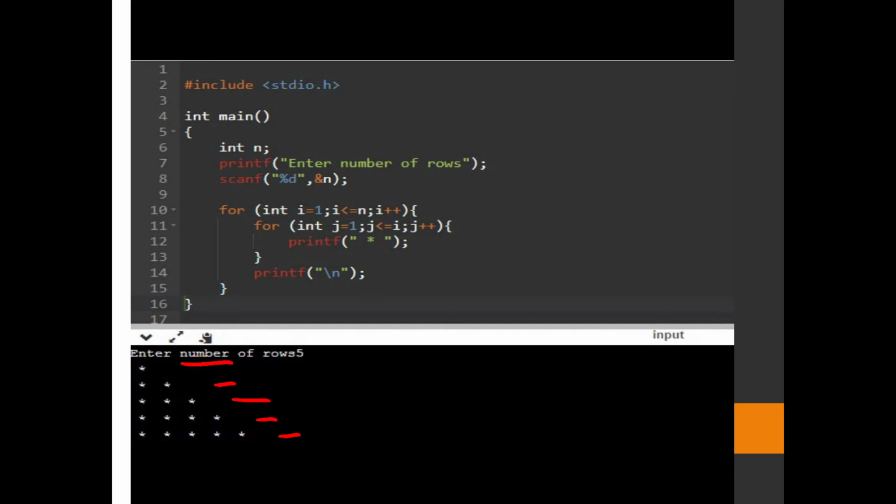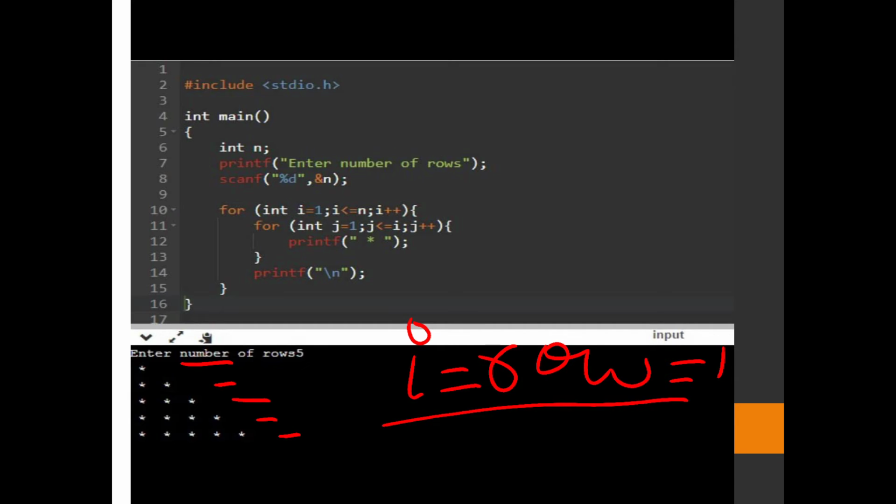I'm using i as the row counter. It starts from 1 and goes till n, where the value of n is provided by the user.